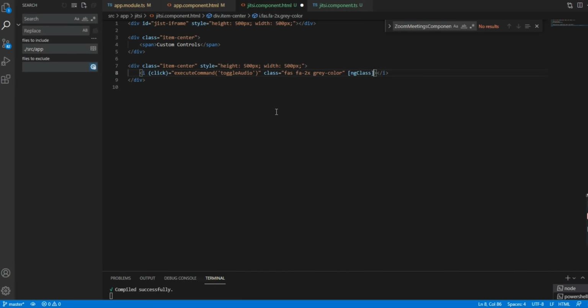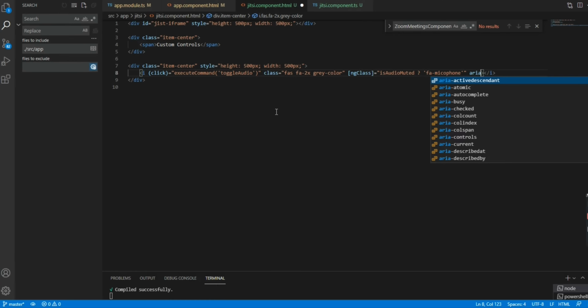I'll write ngClass for this, and I'm writing conditions here. These are all based on conditions, and I'm showing what icons need to be displayed.